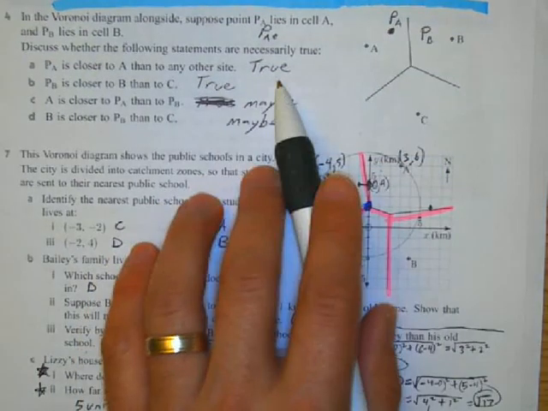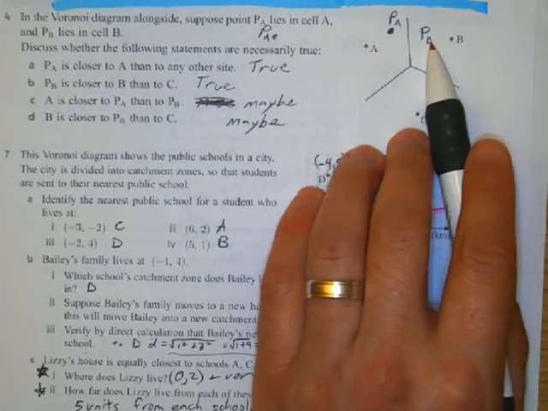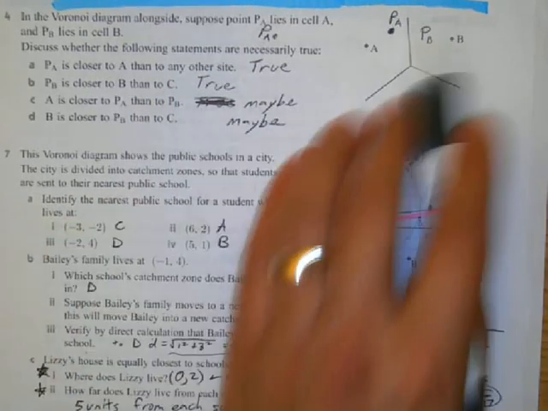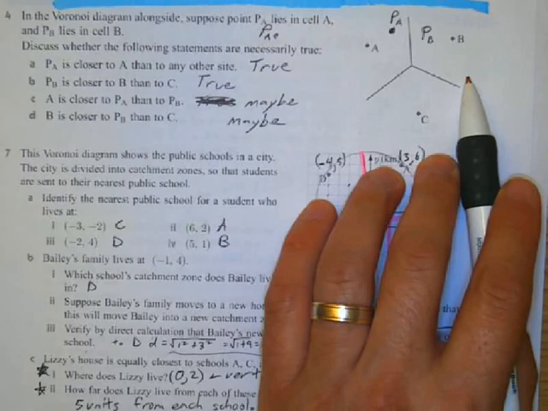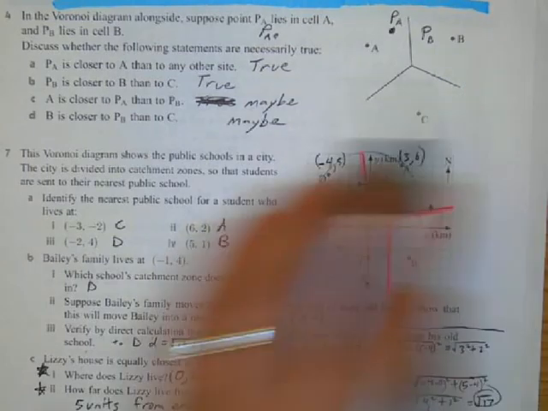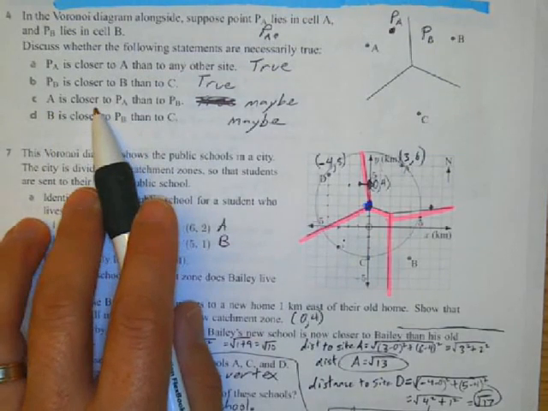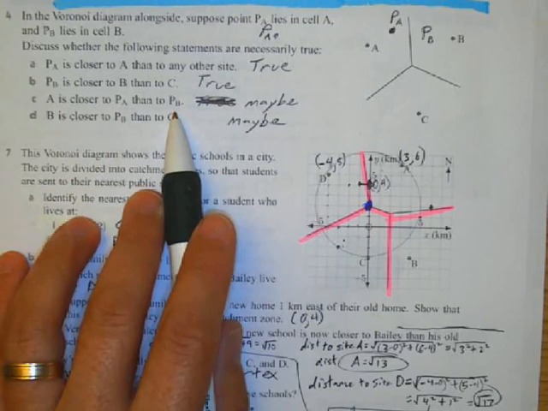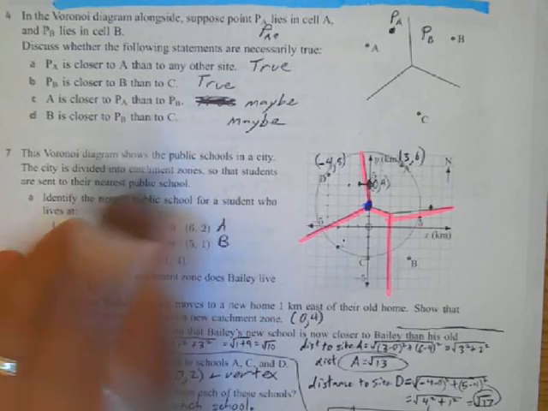This is true. Point B is going to be closer to site B than to C. Now, point A is closer to site A than to point B. That's not necessarily true, because